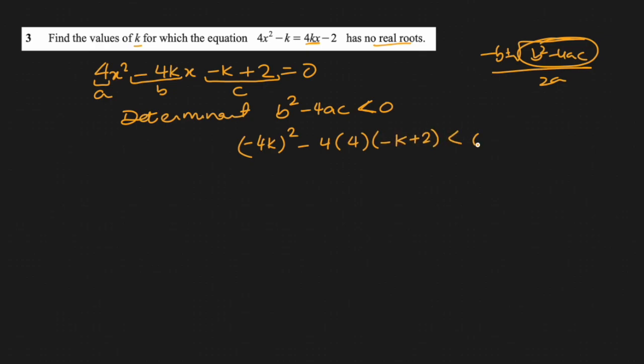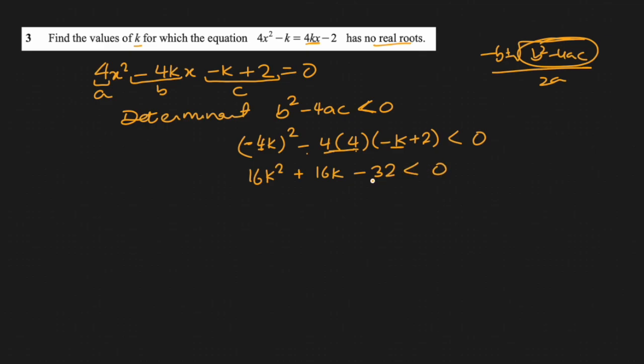Has to be less than 0. So this becomes, this negative is also squared, 4 is also squared. So it becomes 16k square. Then minus 4 times minus k will be positive. There are two negatives, so positive 16k. And then minus 4 times plus 2 will become negative 32